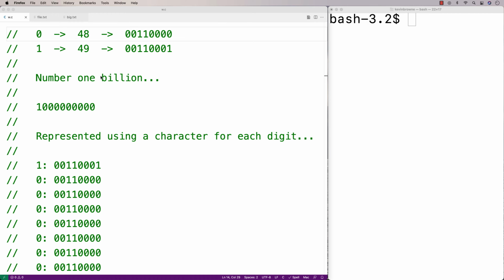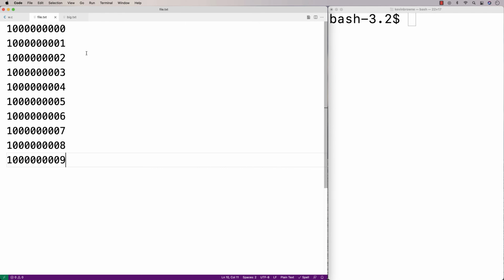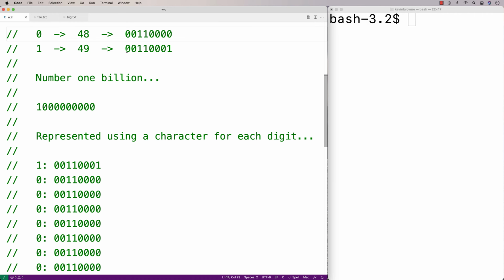What does that mean? So a normal text file is made up of characters. So everything in a text file like this is a character. Now, ultimately, all information on a computer is represented as bytes, which are made up of a series of bits, which are zeros and ones. So for example, in a text file, the character 0 might be represented with the number 48, which is itself represented with this byte here and these 0 and 1 bits. And the number 1 might be represented with the number 49, which is itself represented with this byte here